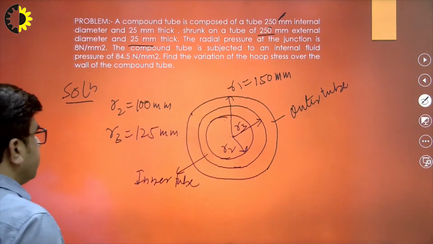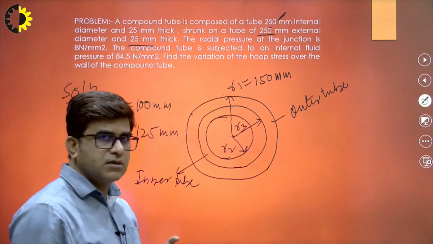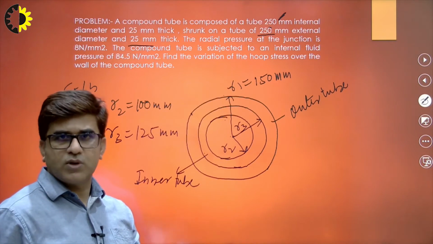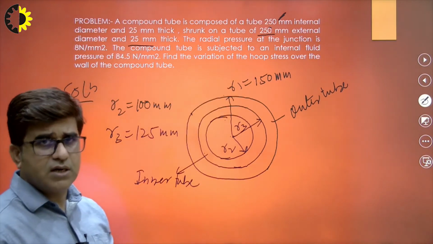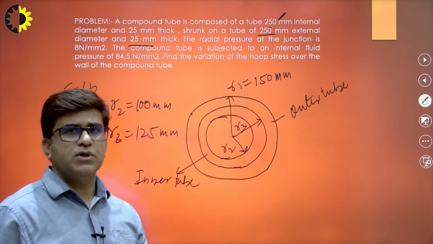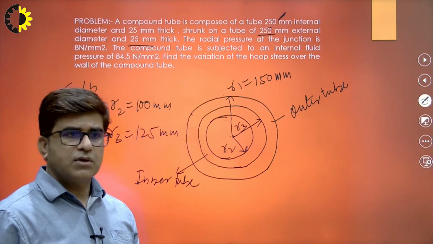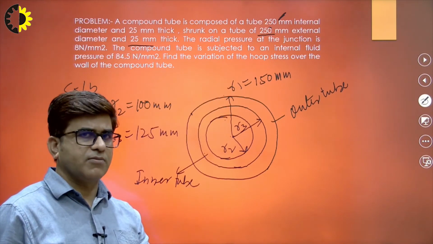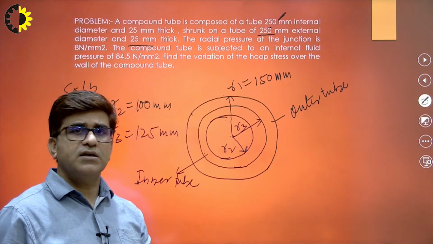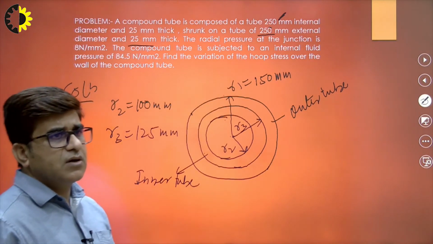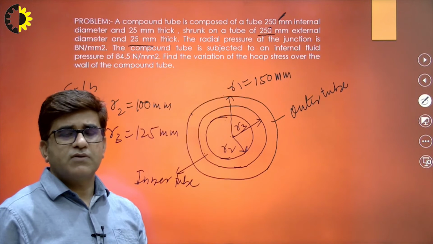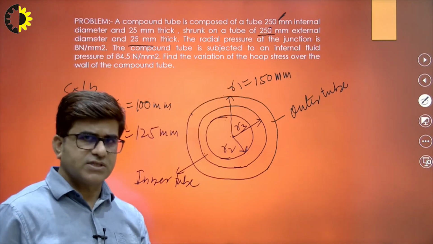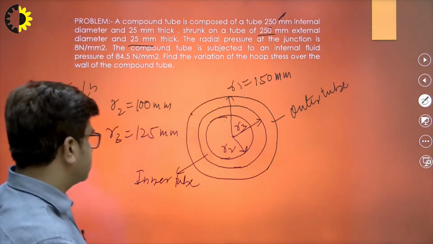So first of all, I will calculate the stress due to the shrinking, meaning if I shrink one cylinder over the other, the outer cylinder over the inner cylinder, what is the hoop stress developed due to this shrinking. So separately I will consider the outer cylinder, then the inner cylinder. After calculating the hoop stresses, I will go for the calculation of stresses due to the internal fluid pressure, and then we will take the algebraic sum of all the stresses at different radius.